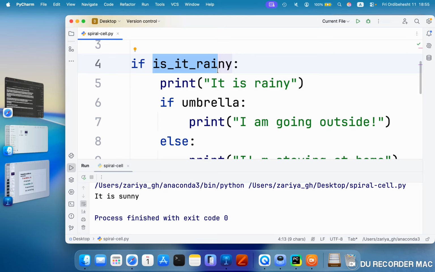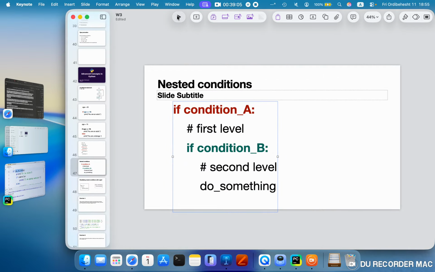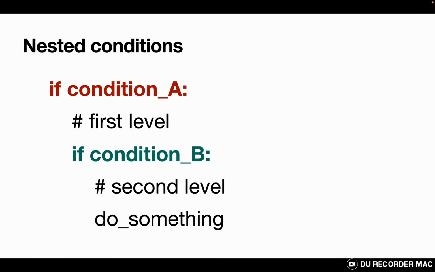Okay, let me continue on your slides. Okay,